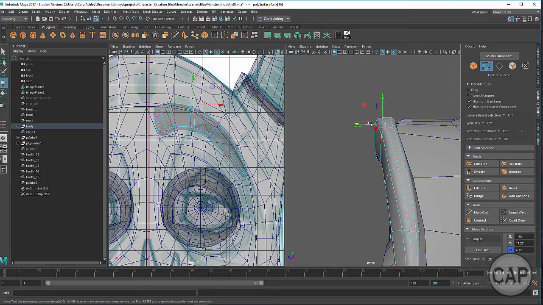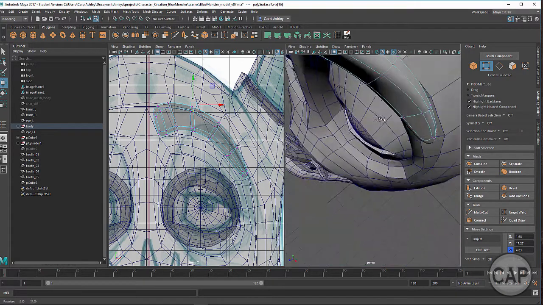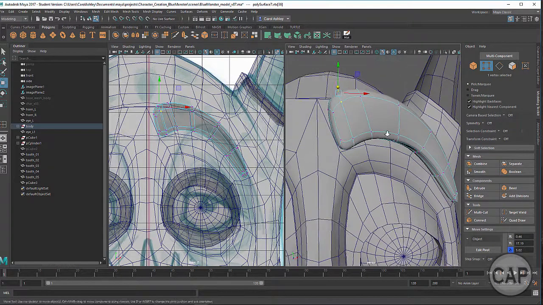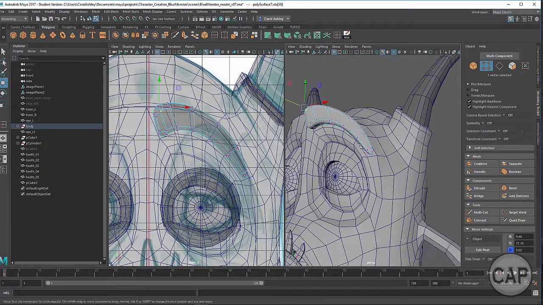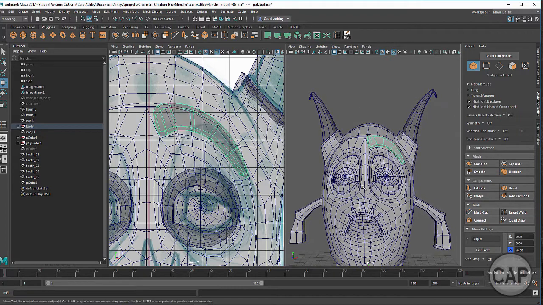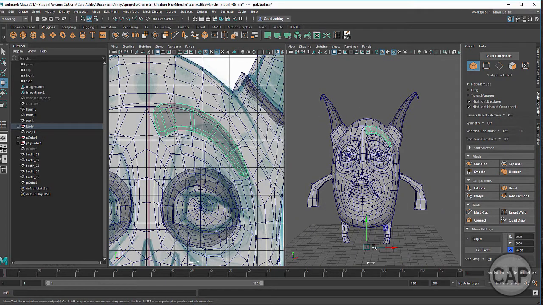So maybe just a little bit more thickness up here. And just looking down from the top, pull this out a little bit more. Okay, so that would be an eyebrow,